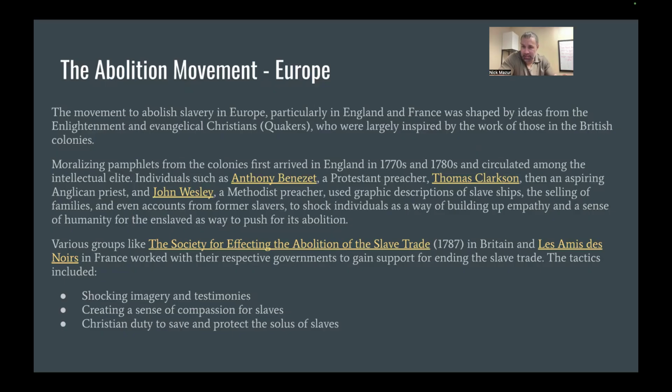Everybody has to decide that this is a problem. Everybody has to know the dangers and the destructiveness and why it's bad, right? That takes years, decades, right? This is something that may take forever. And yes, does shock and imagery work? Do testimonies work? Absolutely. A lot of these things work.